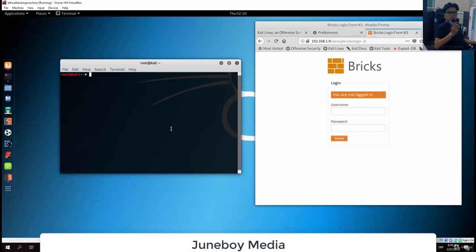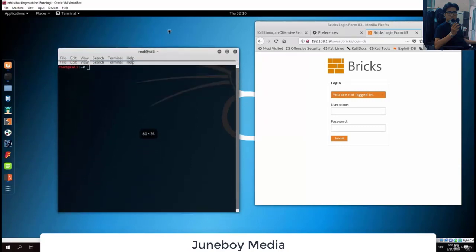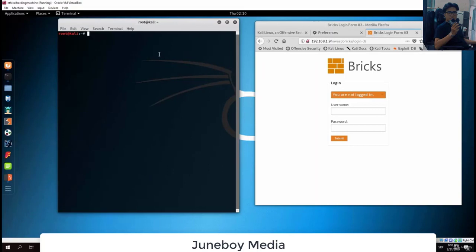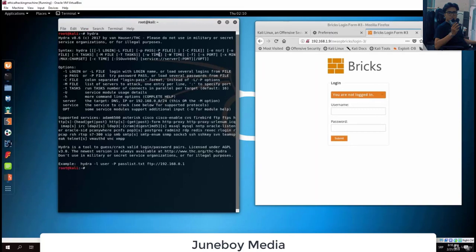Hello everybody, and welcome back, and let us continue from where we previously finished, which was the burpsuite brute forcer. What we want to do right now is use a different tool that is already installed in Kali Linux, which is called Hydra. If you type here Hydra, it will give you the different options that you can use for this tool. Now, we will do the same attack with the same user list and same password list, and on the same page, in order to show you that this will work much faster than the previous scan, which took around 30 seconds. So the syntax can be a little bit hard for this